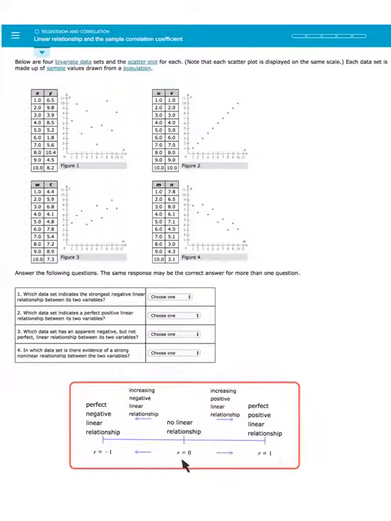When you are in the middle between the 1 and -1 at 0, this sample correlation coefficient tells me that there is no linear relationship. And the farther away from 0 we are, the closer we get to 1 or to -1, the stronger the linear relationship becomes. The positive and negative sign indicate that